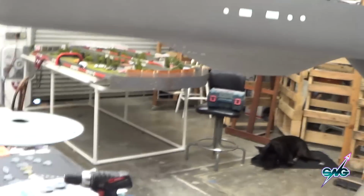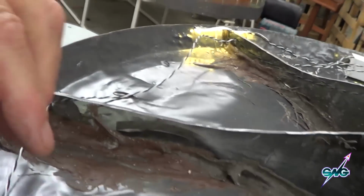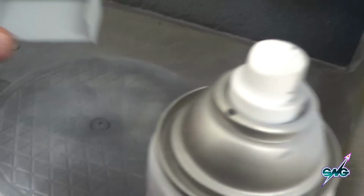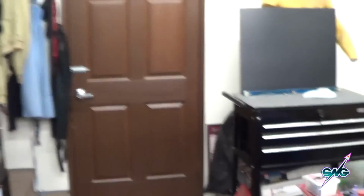So I'm going around, you can see the wiring I got going all the way around, and each one goes to a certain location and lights up a certain box. Now what I'm doing is hitting these with a light gray primer, because basically the interior of the Enterprise is light gray. And like so, here's one of the boxes. Now this is ready to put the graphic inside, and then this is a really small little room, and that goes